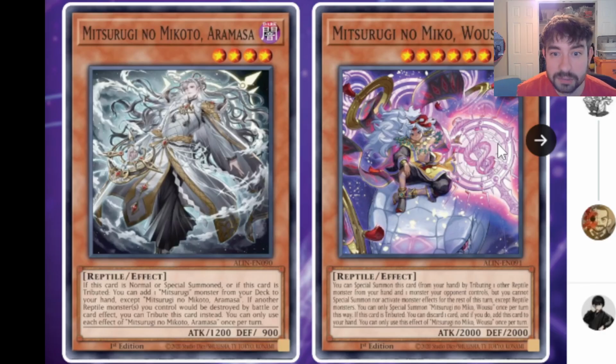This is a level 8, which is a little bit different and a little bit better, to be honest, because this card covers the entire tribute fodder for a ritual summon. I mean, they're all in the main deck, but as an effect monster that might even be able to summon. So it's cool. 2000, so decent stats. You can special summon this card from your hand by tributing one other reptile monster from your hand and one monster your opponent controls, but you cannot special summon nor activate monster effects for the rest of this turn except reptile monsters. So already we're kind of getting locked out of Ryzeal stuff with this type of card,